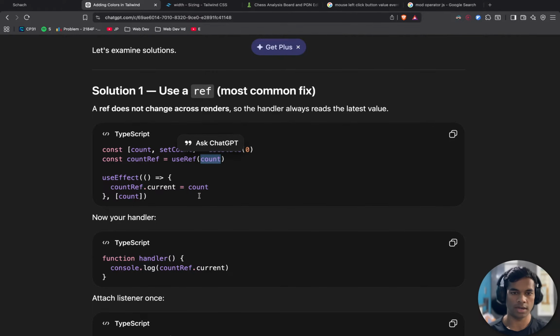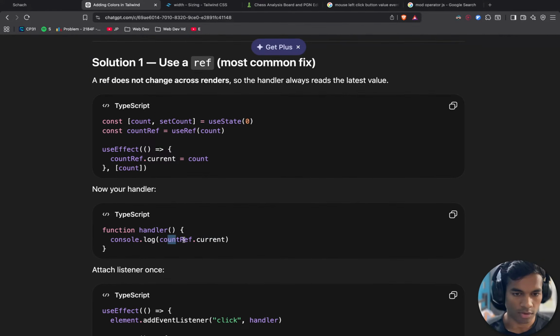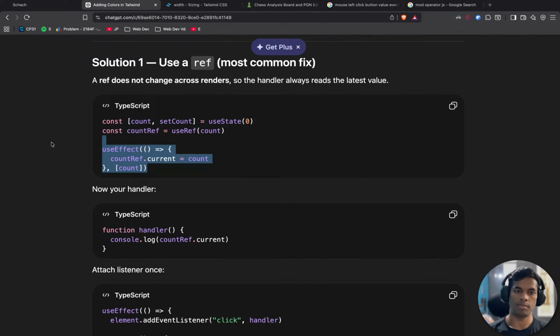Useref takes in a variable. Okay, how do we access this? Console.log useref.current and we have a separate use effect which runs whenever this updates.